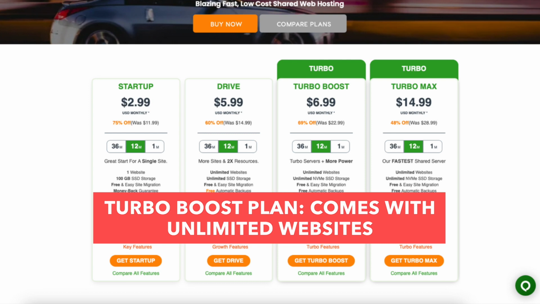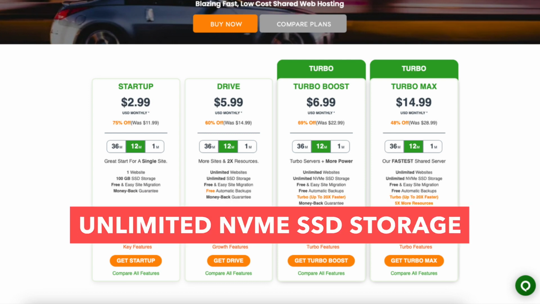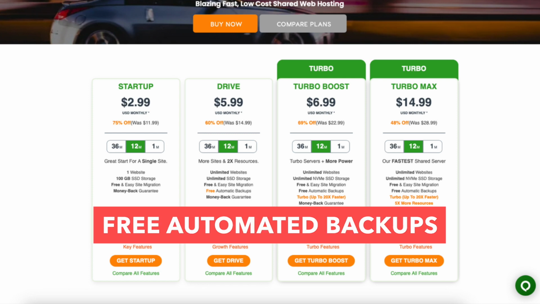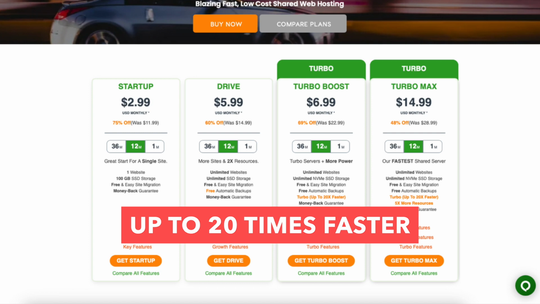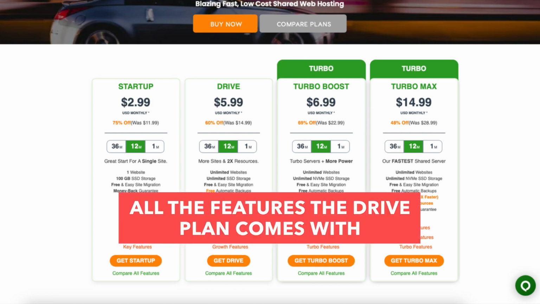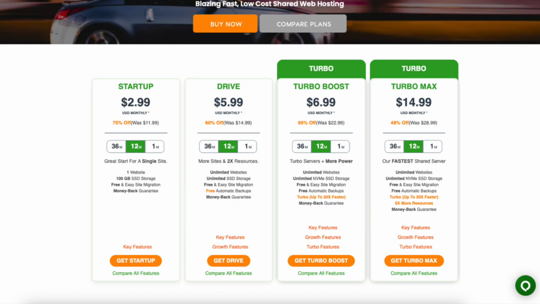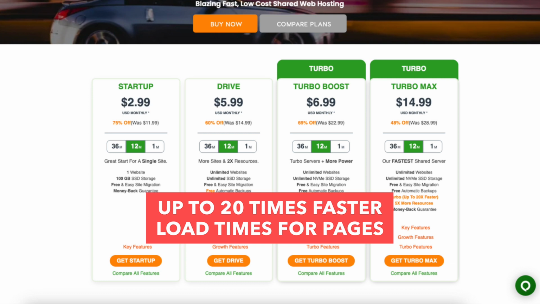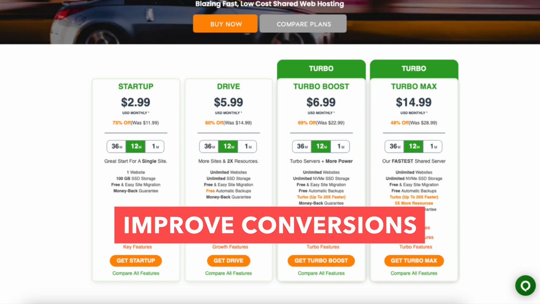The Turbo Boost plan comes with unlimited websites, unlimited NVMe SSD storage, free automated backups, and this plan is up to 20 times faster. The Turbo Boost plan also comes with all the features the Drive plan comes with, plus turbo features that provide your web pages up to 20 times faster load times, which can improve conversions, provide you